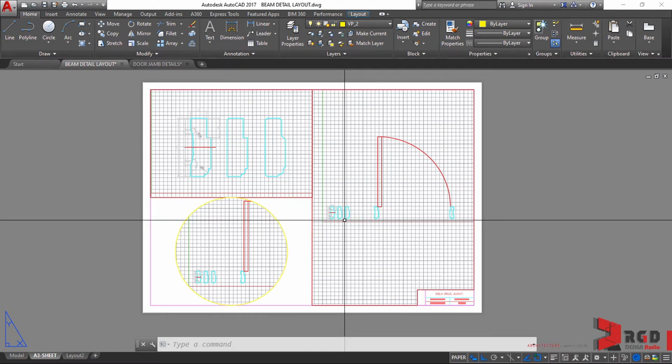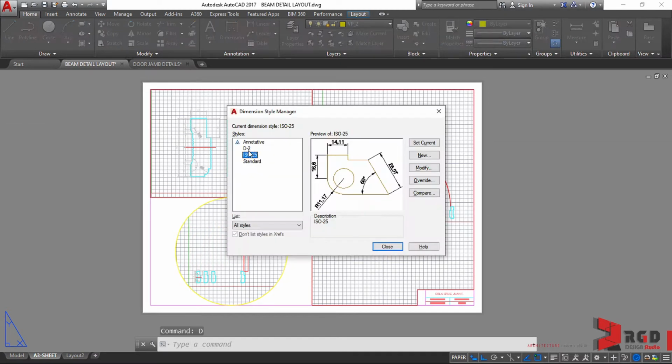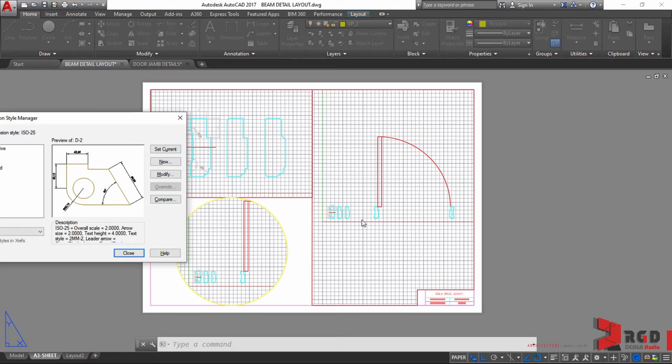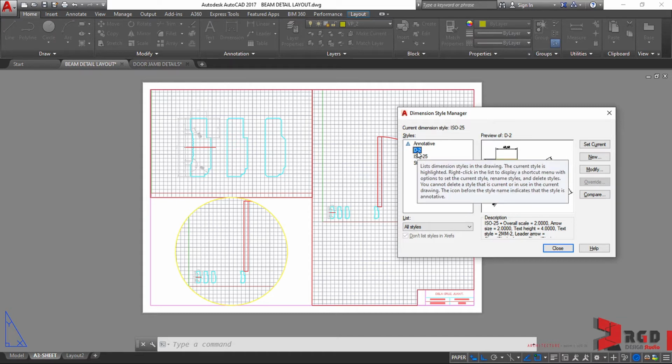Now, we have issues concerning our dimension styles. We only have created the one dimension style, which is for scale 1 is to 2. And we have utilized 1 is to 2 and 1 is to 10. Therefore, in order to properly show a standardized size of our dimensions as well as text styles, you have to create also different styles appropriate for the different scales that you're going to use when you are going to plot. So in this case, since we used 1 is to 2 and 1 is to 10, we need to create also a dimension style for 1 is to 10.